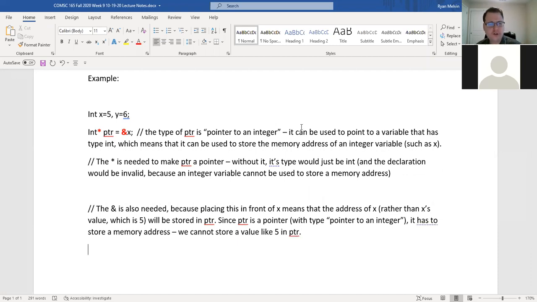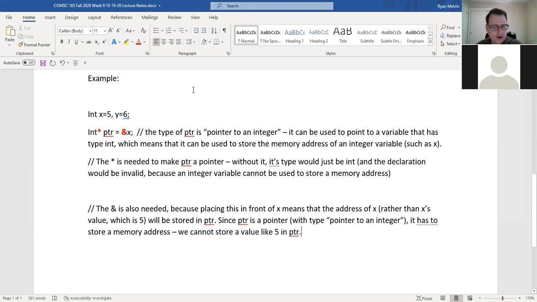So that's going to start us off by forming that connection here, where PTR is going to be pointing at X. And then the idea is from there, we can start to use PTR to do things with X, whether it's a read type operation, like maybe a cout statement, or perhaps a write type operation where you're going to actually be